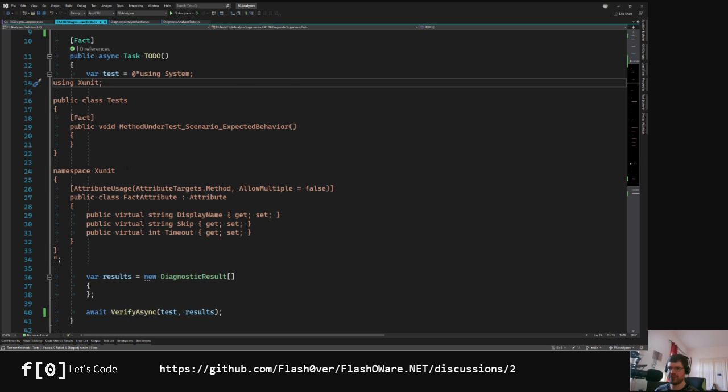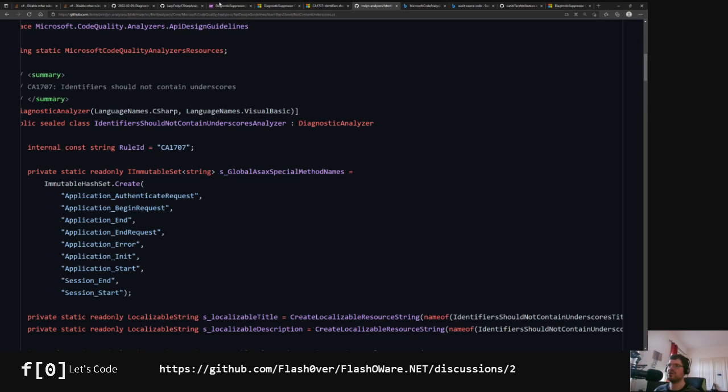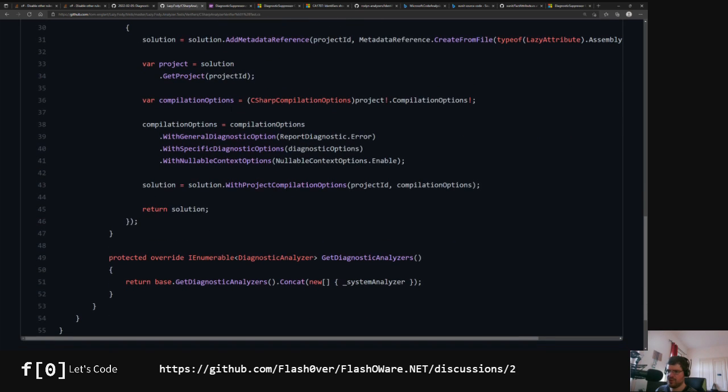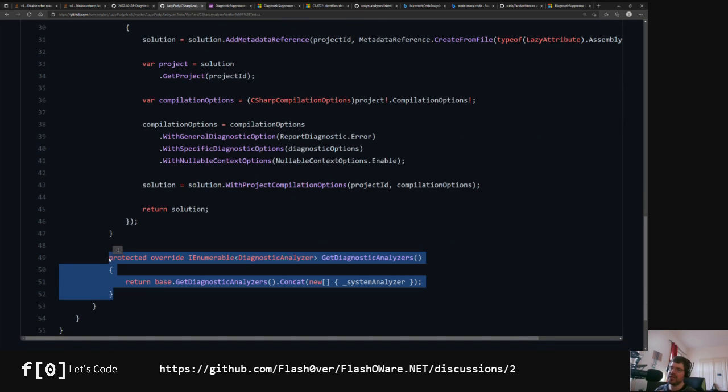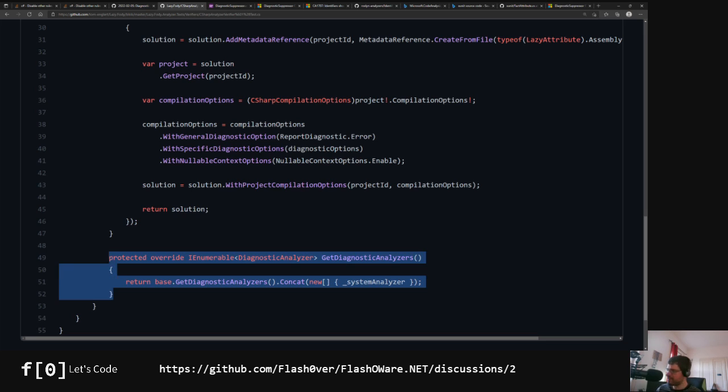Is there one last thing that I missed? We have it public. Let's check out the example again. There must be one step. Okay, I forgot to actually supply the analyzer. It's instantiated, so there's the compilation or the driver which creates the analyzers and then invokes them to report the diagnostics. It only includes our suppressor, but not the analyzer yet. So we need to add that as well